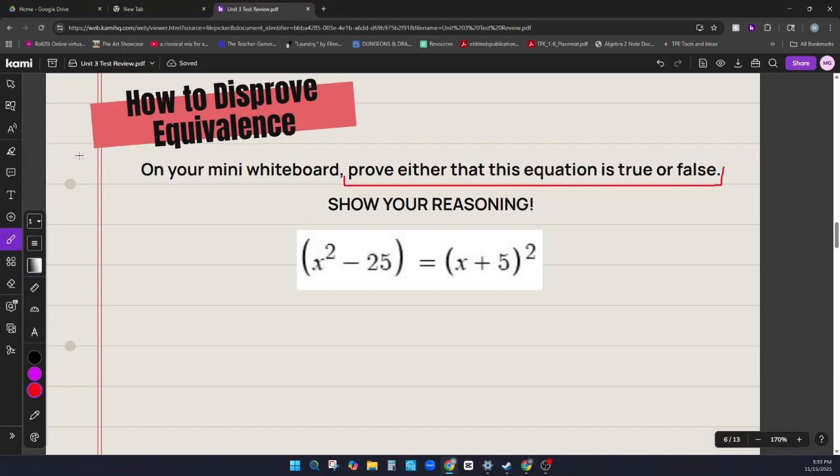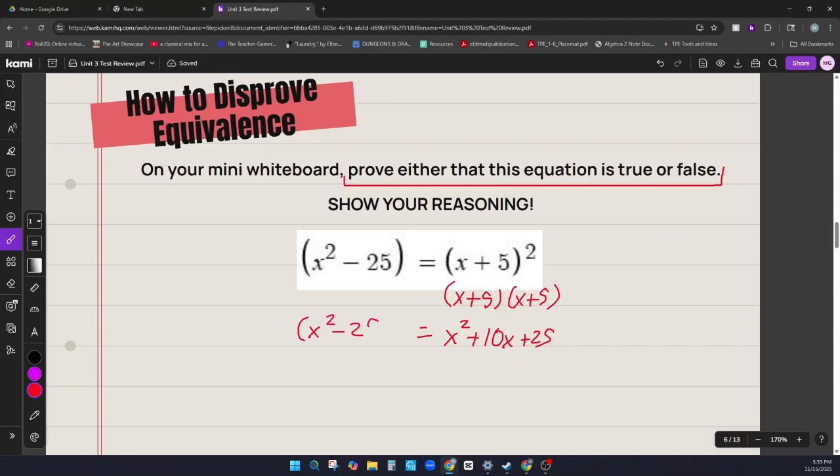So let's go ahead and see. This example, hopefully we're very familiar with, is: does this squared give me this value over here? And automatically our antenna, our radar should be up, because we know that we're not just going to square and square here. What needs to happen is when I have a parentheses squared, I need to write that out twice. That's going to be x plus 5 times x plus 5. And from there, I can multiply them out to give me x squared plus 10x plus 25